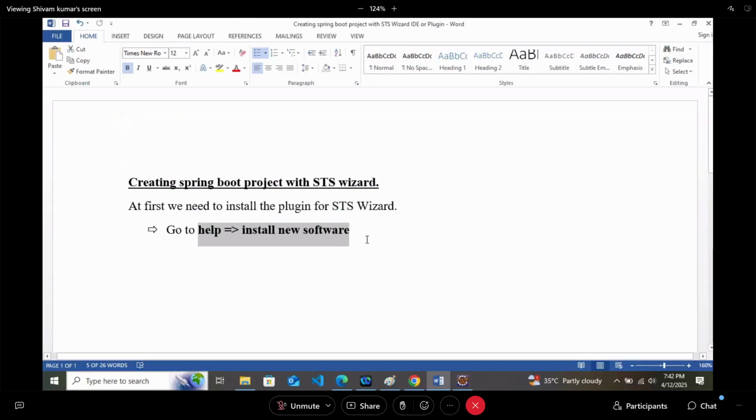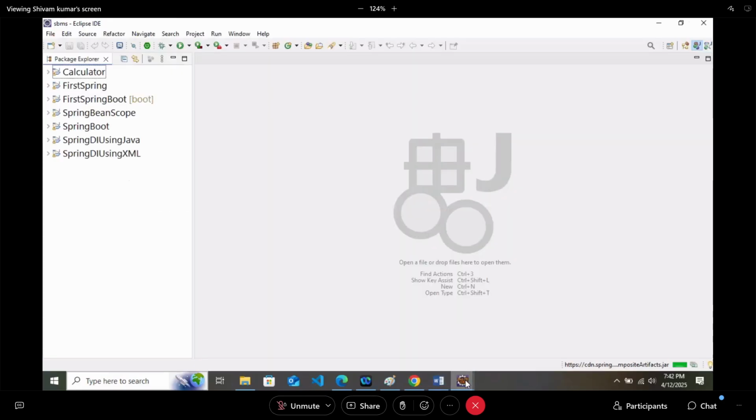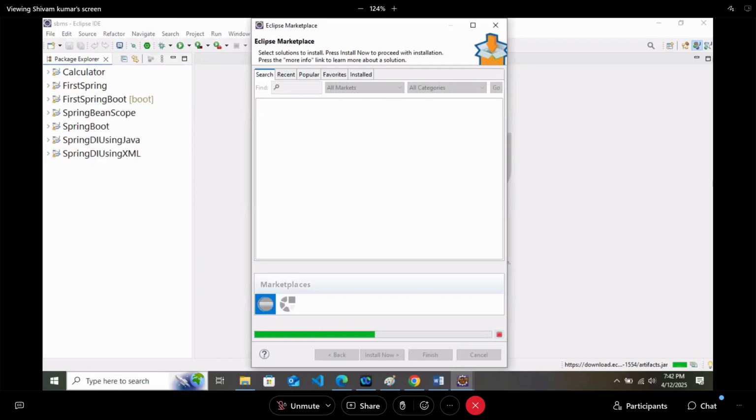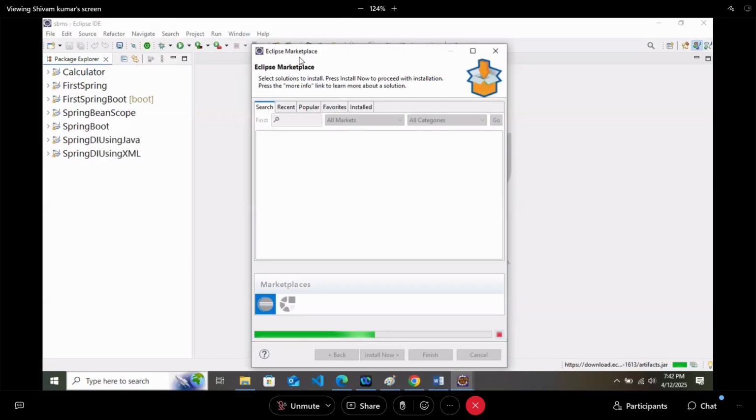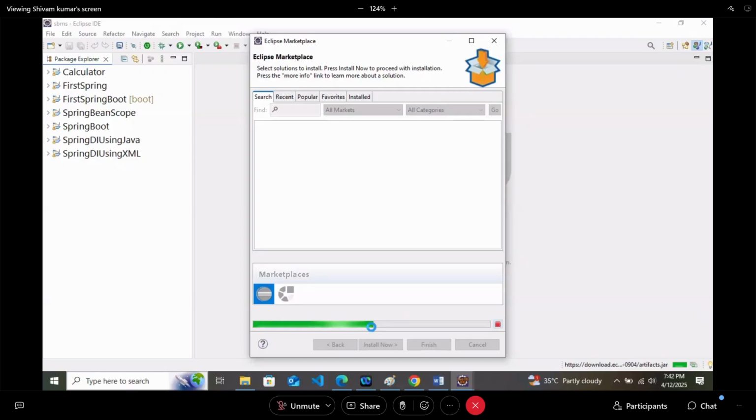Instead of Install New Software, go to Eclipse Marketplace. Once you go to Eclipse Marketplace, it will load something like this. So just let this green progress bar complete. After that, we will search.